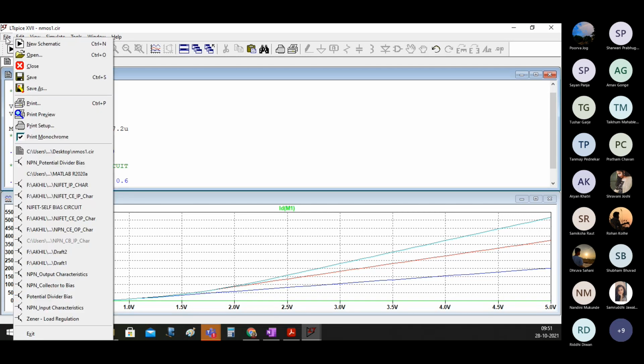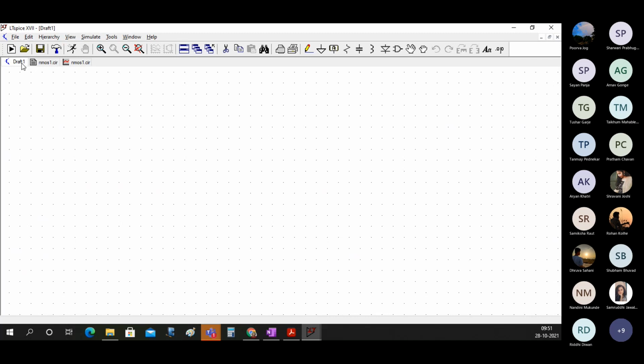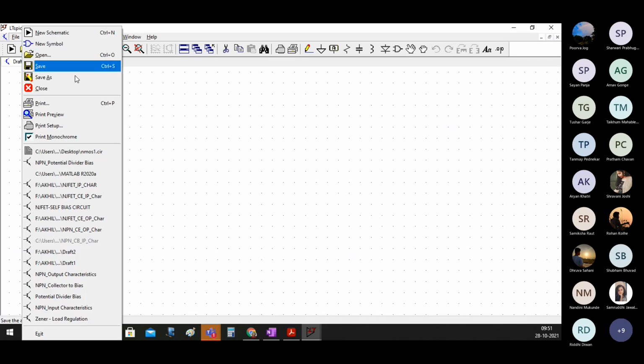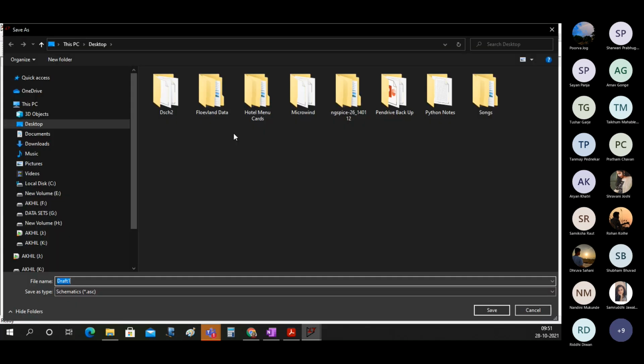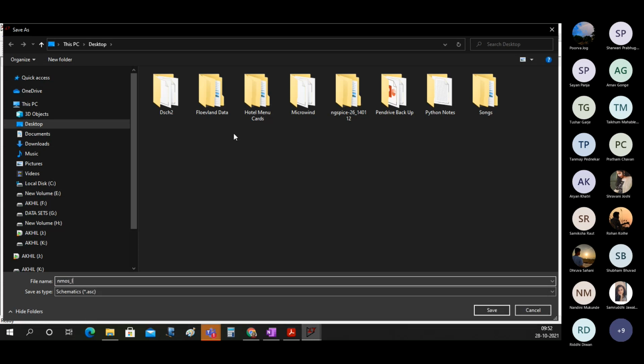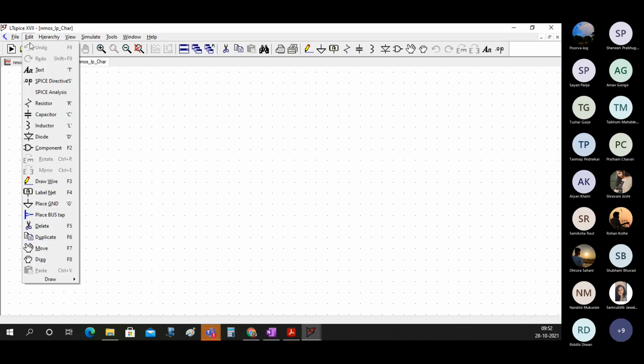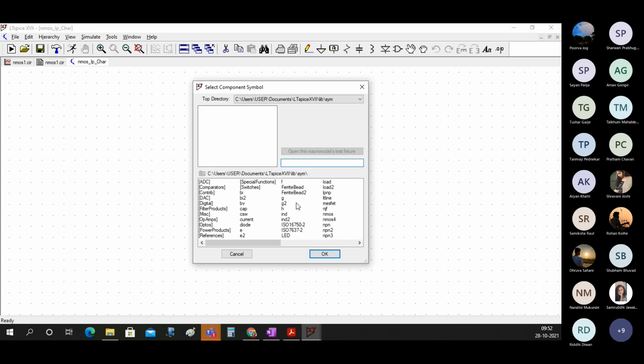Alternatively, what we could have done is open a new schematic file. We would have saved it as NMOS input underscore char. We could have done this also, and then we could have gone to the components.